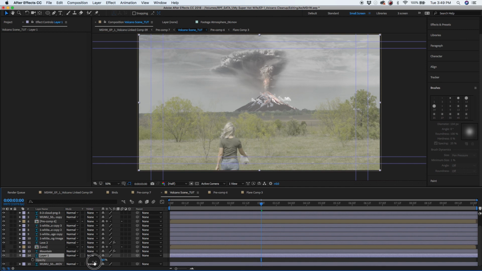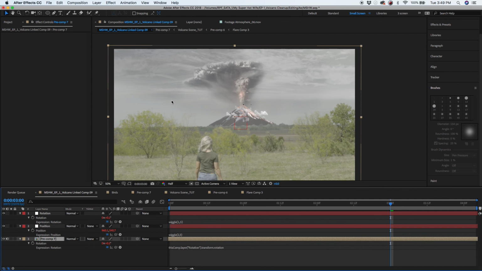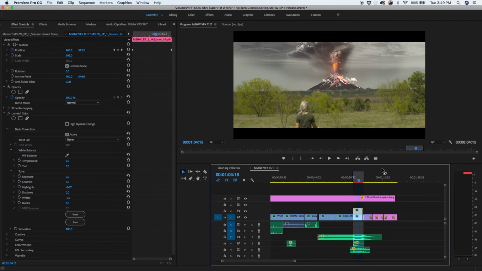Contrast is going to make that pop a little bit better, but if we bring that back and come back into our volcano comp, we can see everything looks a little bit more flat, and then come back into Premiere, and boom, everything